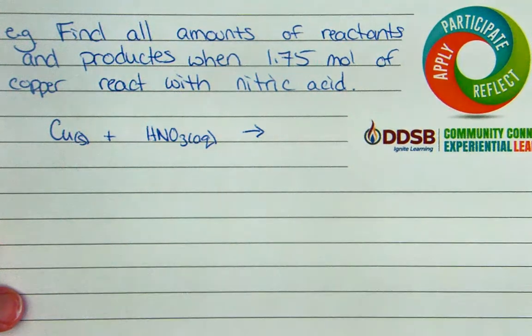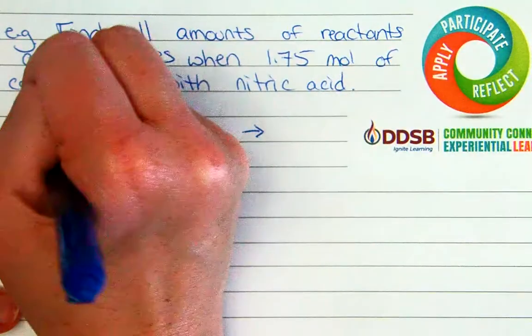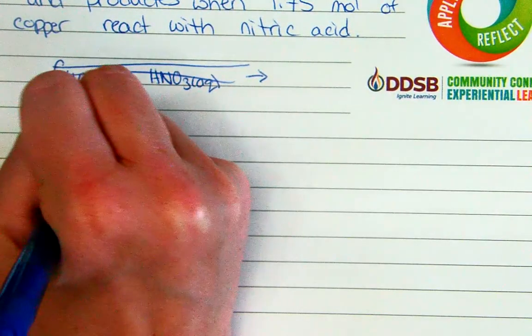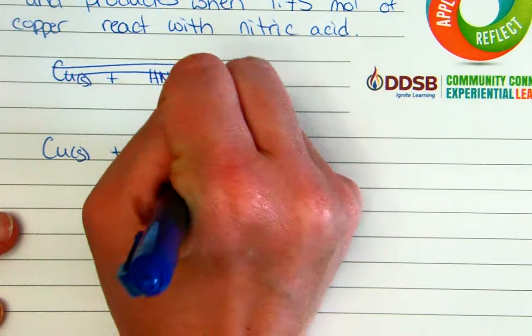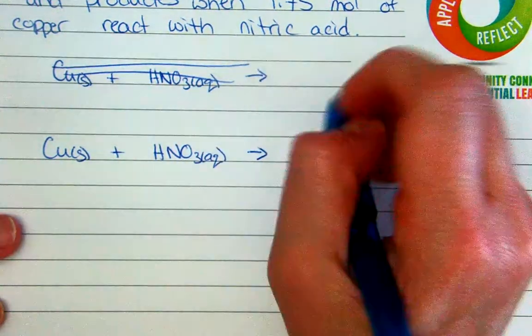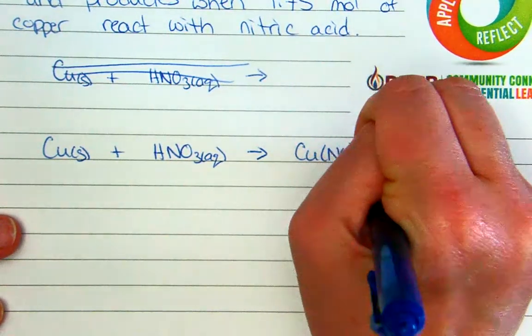Sorry, I'm just looking at my note. Okay. Let me write this lower where we have more space. We got copper plus nitric acid gives us copper nitrate, copper 2 nitrate,